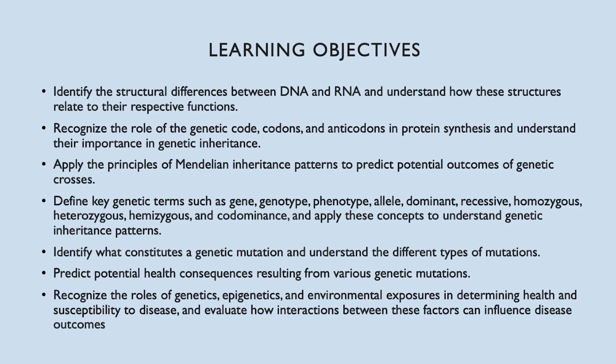We are going to be understanding some key genetic terms like genotype, phenotype, alleles, dominant, recessive, homozygous, heterozygous, etc. And applying the principles of Mendelian inheritance so we can predict what may happen, for example, in families. Okay, what is the proportion of people who may inherit a mutation or may manifest a disease. We're going to be studying the different types of mutations and, of course, predict what may happen as a result